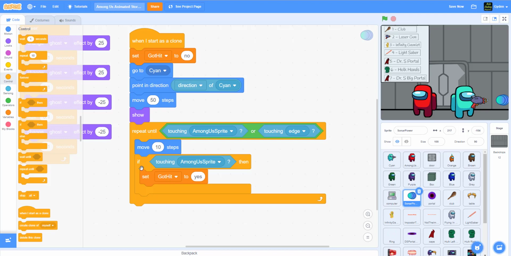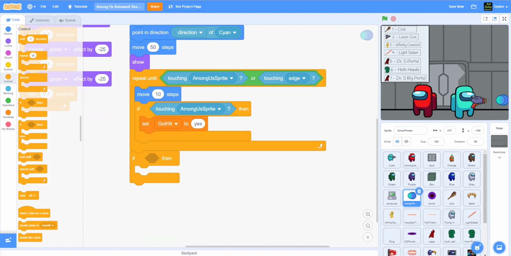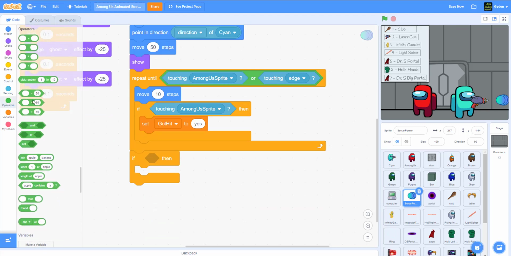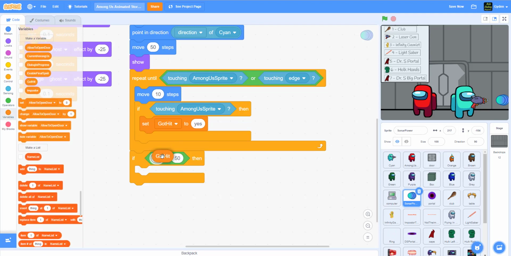Okay, and then what we want to do is, either it touches the edge or this, it will finish. The code here will go out of this loop. Then we will do another check here. So we say if got hit, you have to use another operator here to check, and select the variable got hit. If it's equal to yes, meaning it got hit right here, then we're gonna broadcast